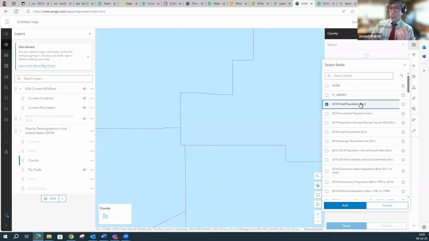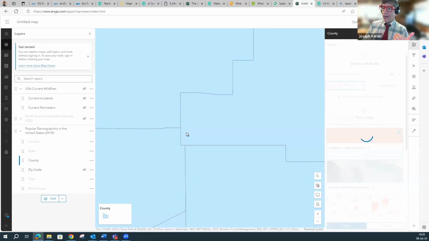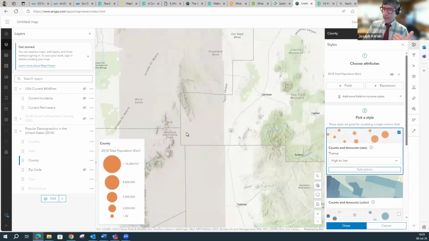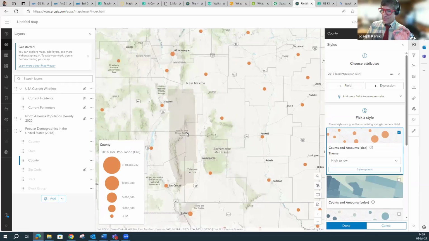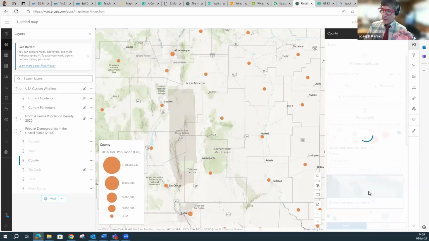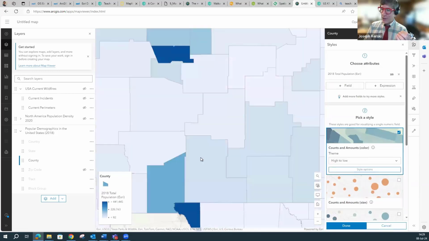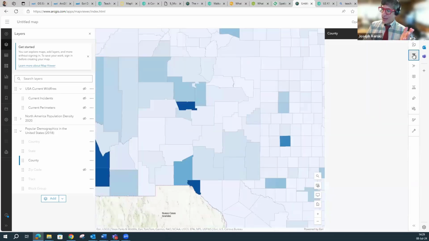And then again, where does that data come from? In this case, it comes from the US Census Bureau, not perfect data, but very useful. So now I've got some choices to make. I want to look at population, and the default is going to give me these little red circles. That's not that useful. What if I want counts and amounts color? All I have to do is click on counts and amounts color, and now I'm going to get a choropleth map of counties,